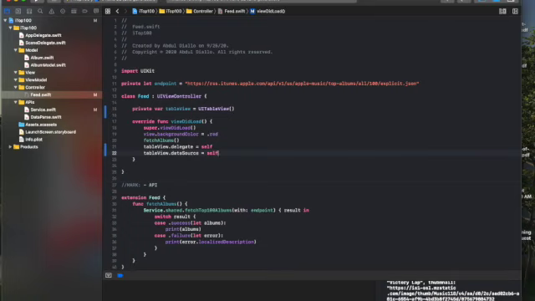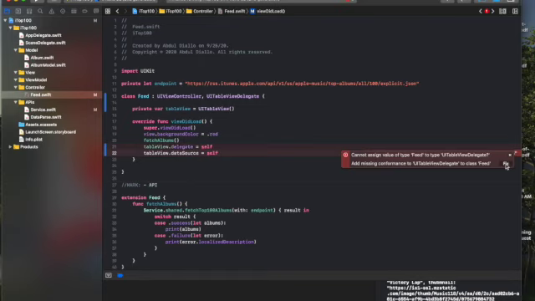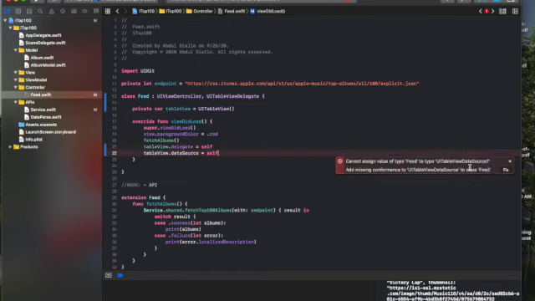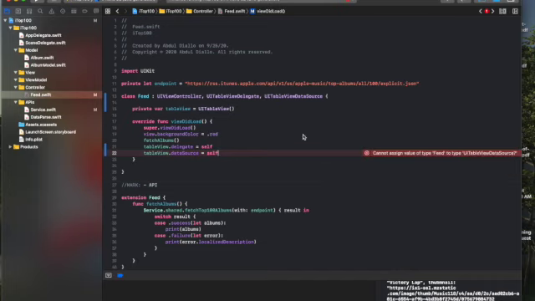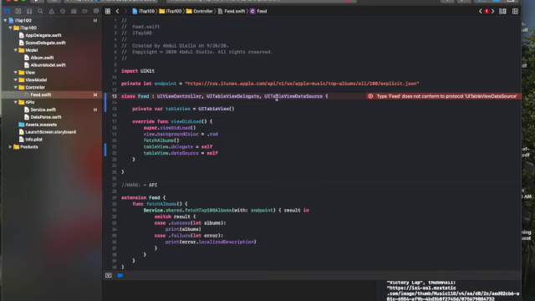Now Xcode is going to complain: hey, you want feed to be the delegate of the table view as well as the data source, however you're not telling me anything. Basically, all you have to do is come here and fix it, and then do the same with this one. The two protocols are UITableViewDelegate and UITableViewDataSource. Let's go ahead and grab these two